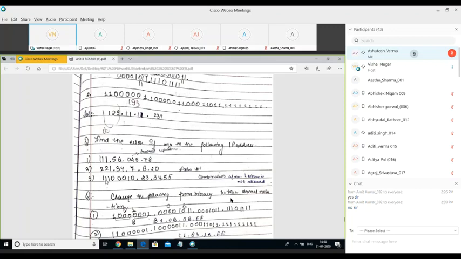In the second one, we cannot have more than four octets, so this is again a wrong value. Here we are combining two different formats. The first value is in binary, and the other three are in decimal. This is again not allowed. So these are the mistakes in the IP addresses given. Again, we have some IP addresses in which you are supposed to convert these binary values.